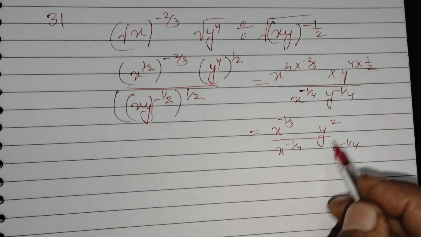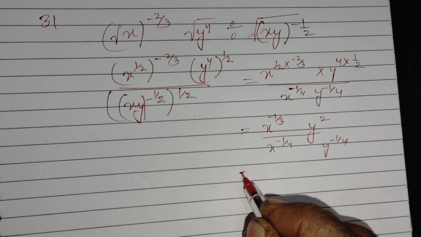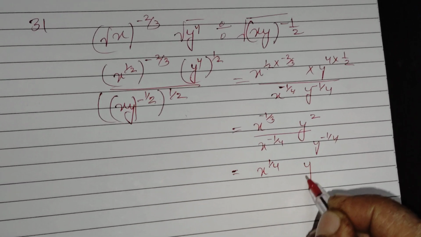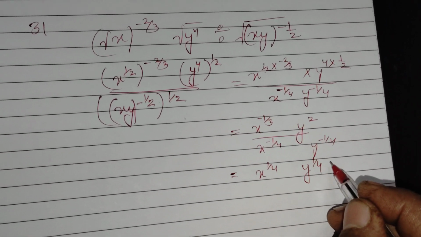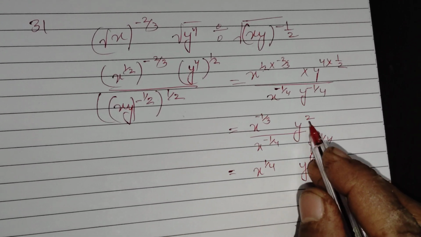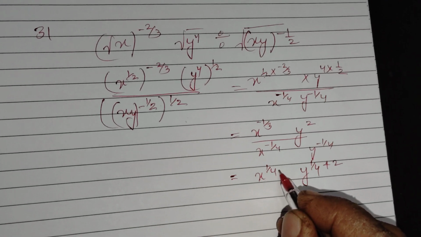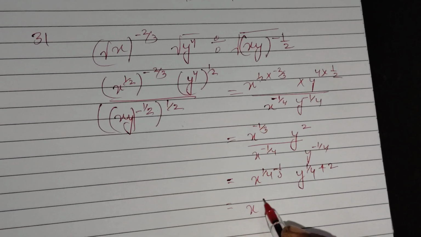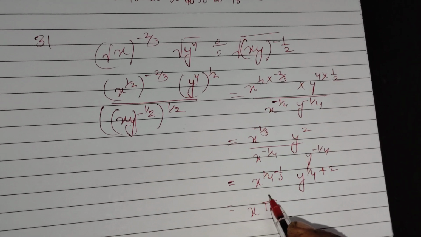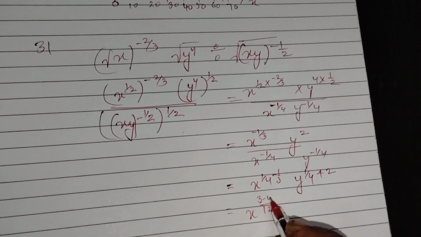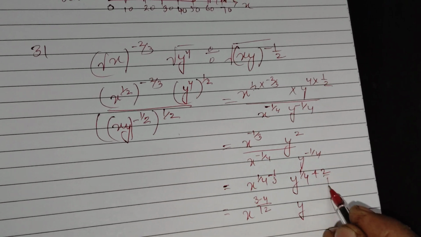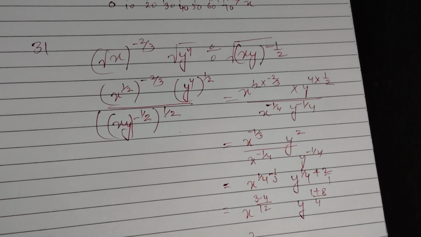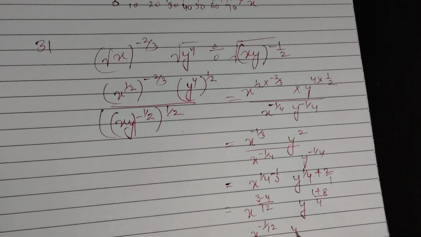So minus power from the denominator goes to the numerator, it becomes plus power, so it becomes x power 1 by 4, y power 1 by 4 positive. y square is there, so 2 will be added, power will be added in the same base. Similarly minus 1 by 3 subtracted power, so for x power taking 12 as LCM, so 3 minus 4, for y power taking LCM 4, so 1 plus 8, so we get x power minus 1 by 12, y power 9 by 4,